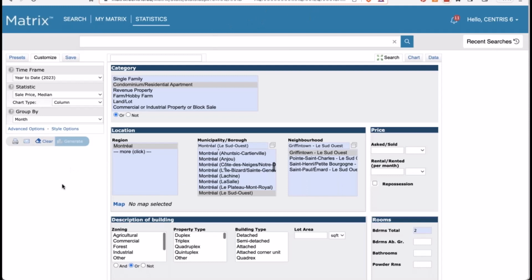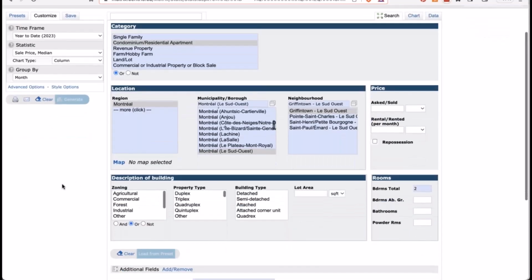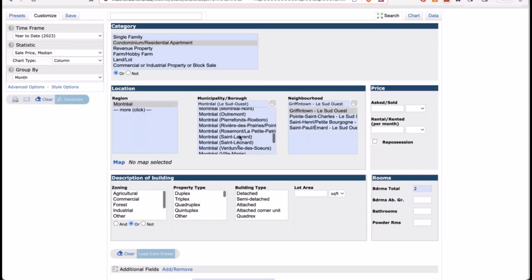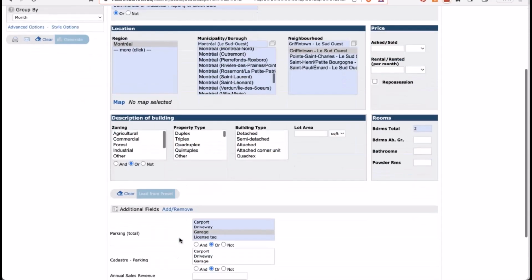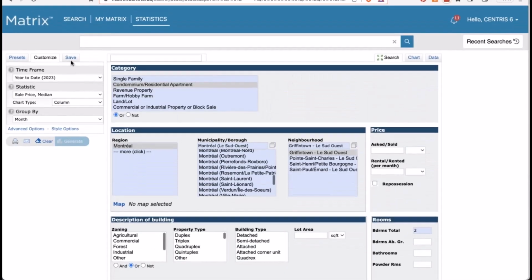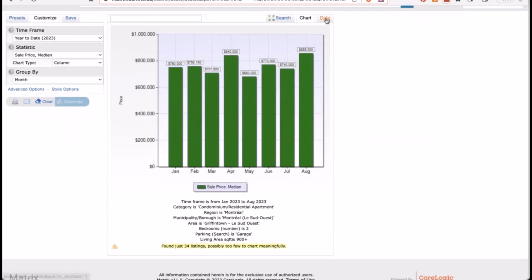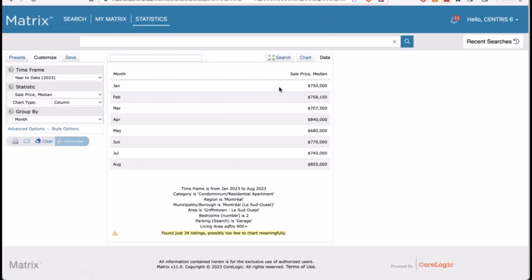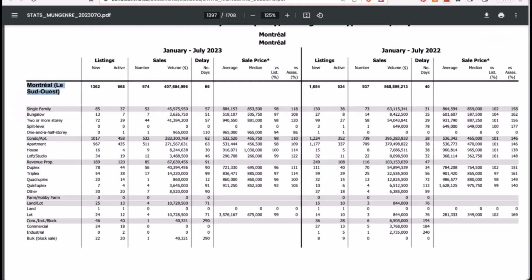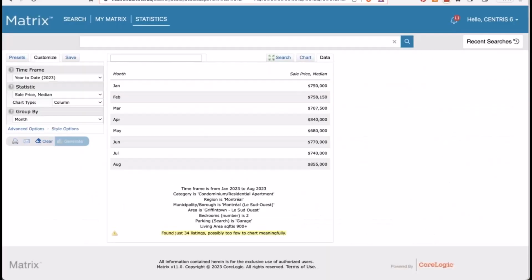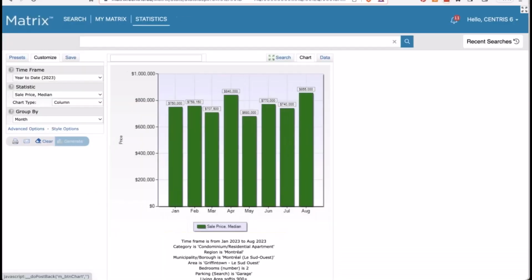What you can do here, once you have your graph, I'll go back to my chart. You do have the data that is here. Typically we don't want to include it because that resembles this big report and we're trying to steer away from that and have something a bit more compelling